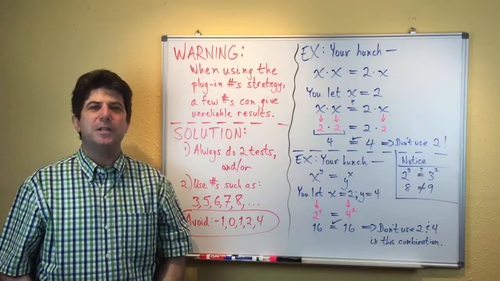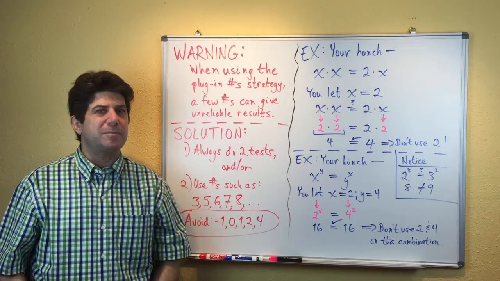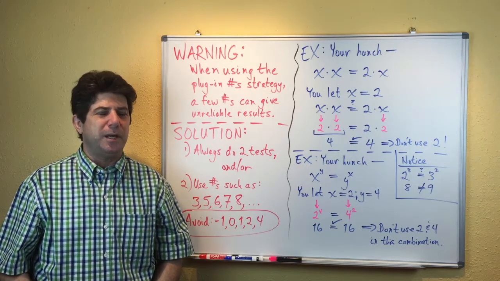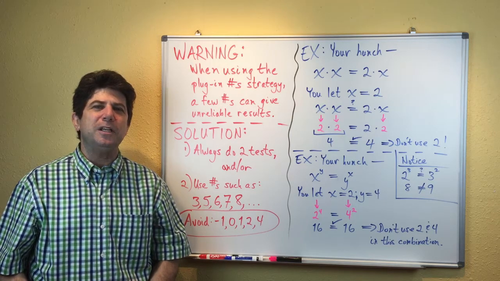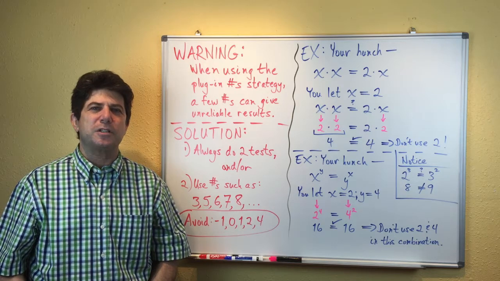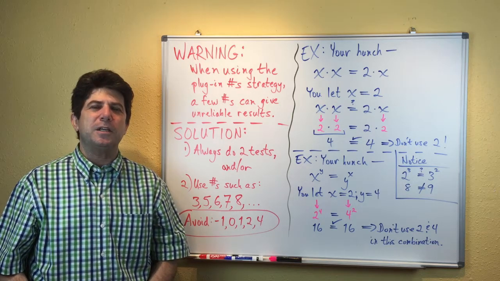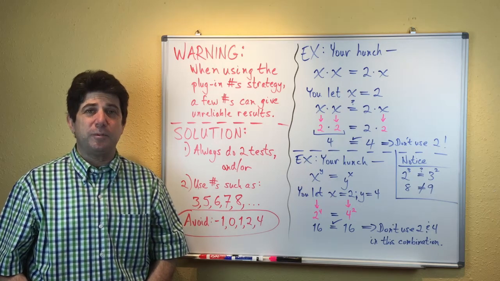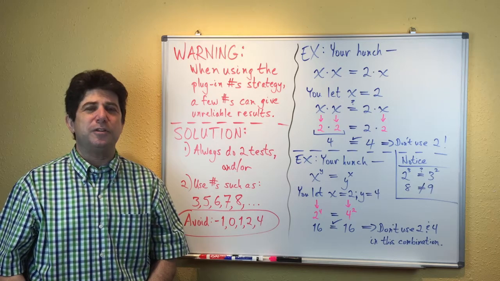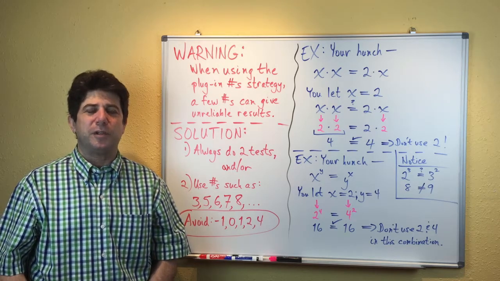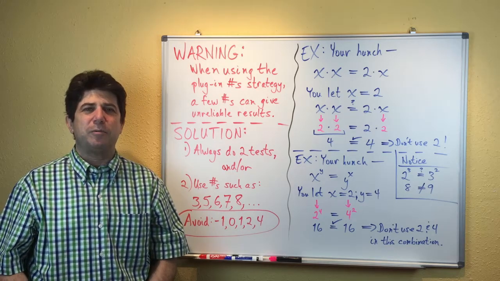So I hope that helps everyone understand why x times x is not equal to 2x. And more generally, I hope it helps everyone get a really nice strategy for evaluating variable expressions. And to help everyone get an even firmer handle on that, I'm going to put up a few examples of variable expressions that you can get the value of using this very strategy of plugging in numbers. So that will follow this